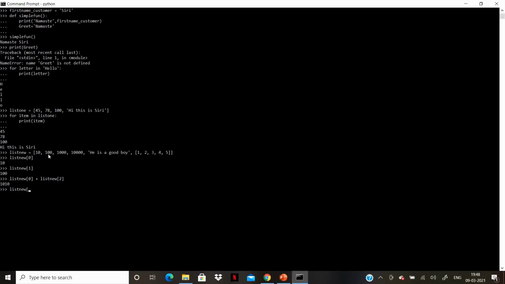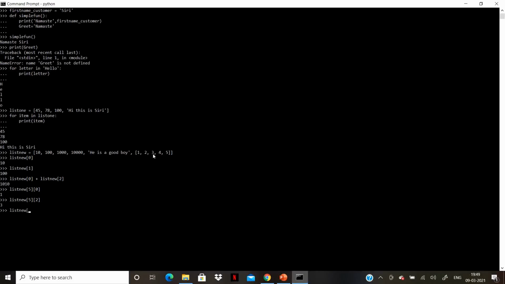This is position 1, 2, 3, 4, 5. So if we go to the fifth element, and if we want position 1's value, it is 1. Similarly, if you want position 2's value, we use list_new[5][2], which will give us 3.